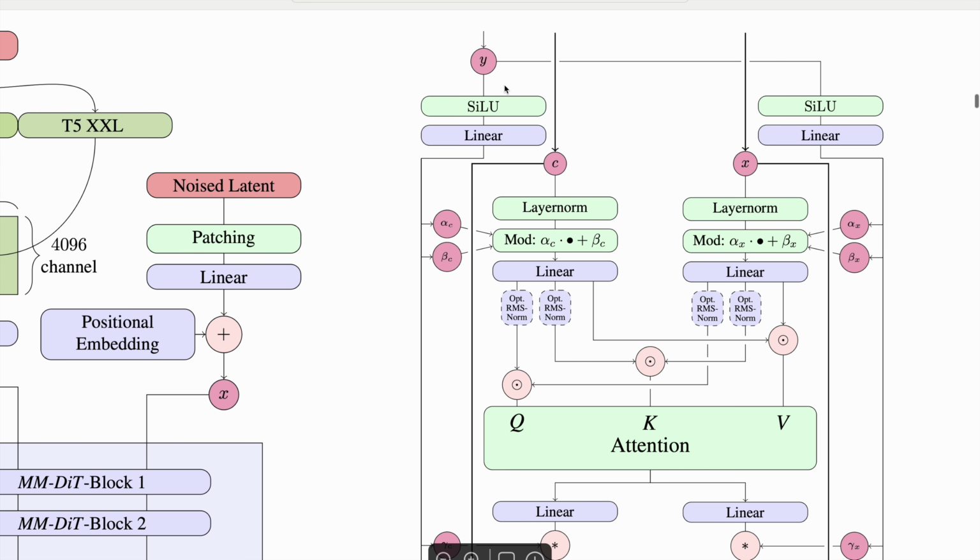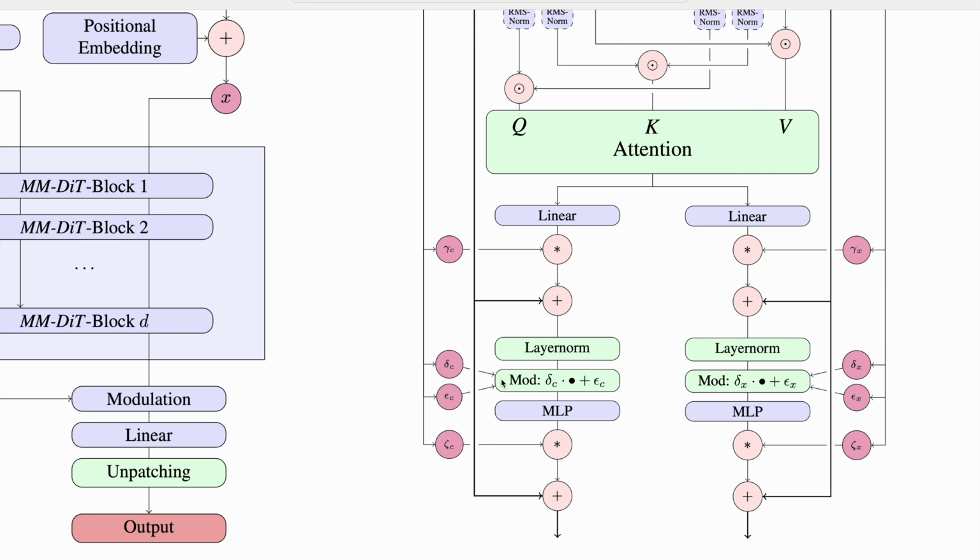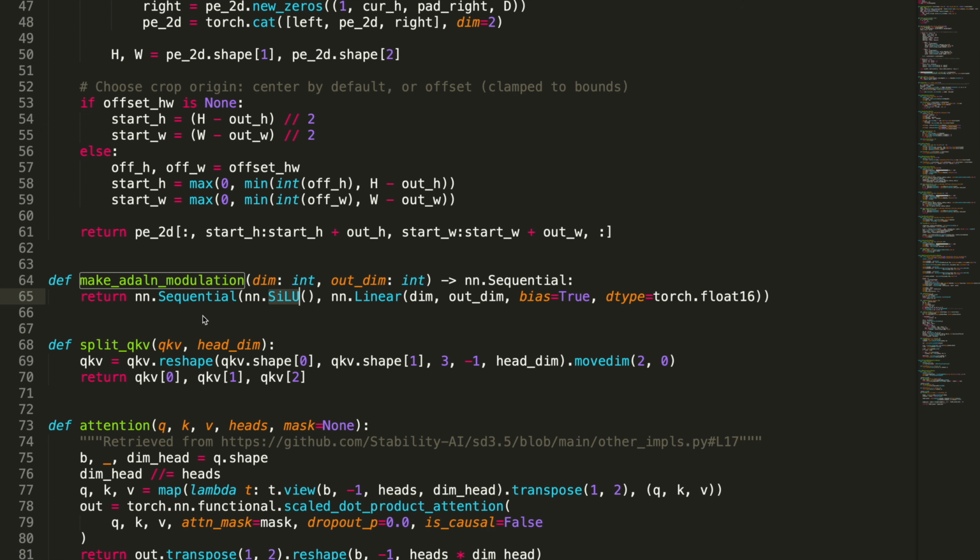That's exactly what is described here in the paper. That produces some values that will be used for the modulation, for the scaling and for the shifting, okay? So if I go back to my block,